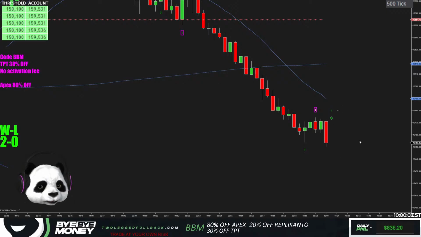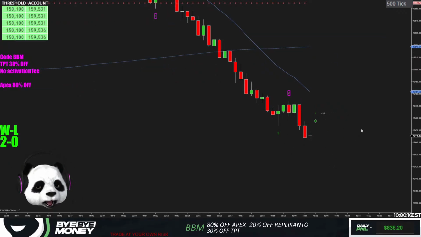See, we missed the setup. It tried to make the setup, but the downtrend is so strong. First entry only, right? It almost made the setup. I was just being patient, waiting for a setup. You wait for your setup, didn't get it. It's fine. Move on. Next trade. We were really close. I was very excited for the setup to happen, but it didn't happen.